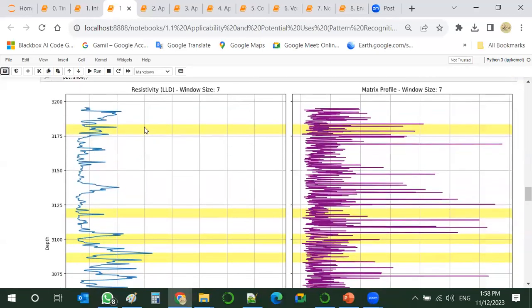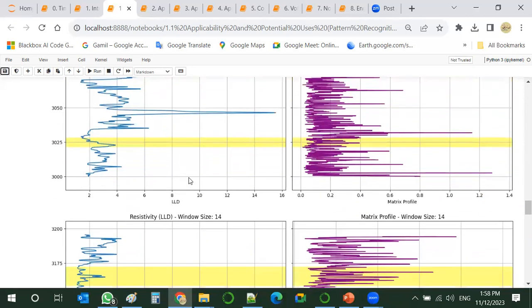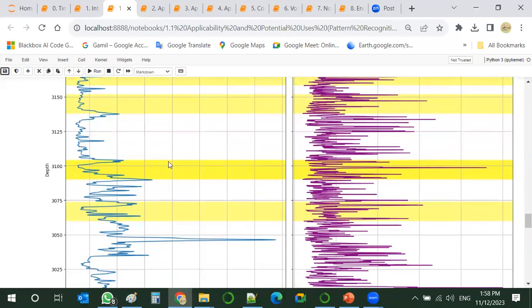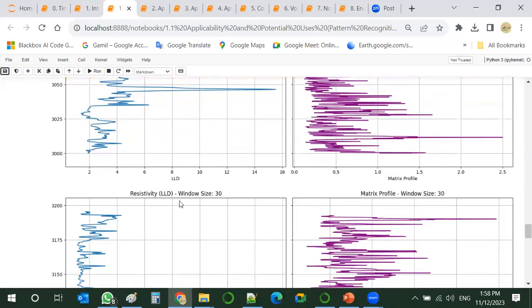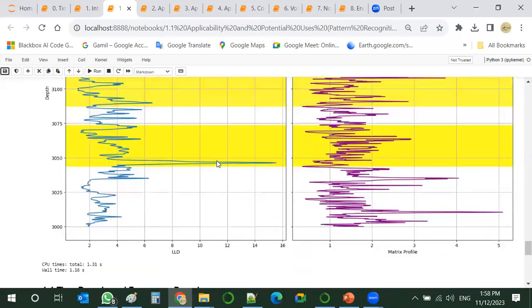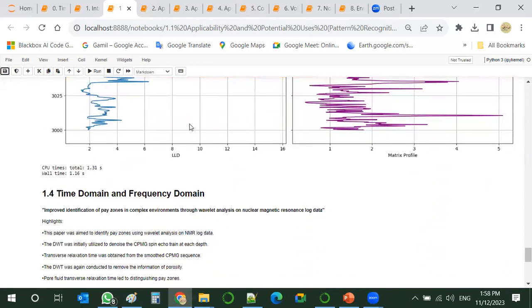So we can see here 1, 2, 3, 4, and 5. And when we change it to 14, we get 1, 2, 3, 4. And when it is 30, we end up with only 2 similar patterns. So this is one of the applications that can be carried out in the time series domain.